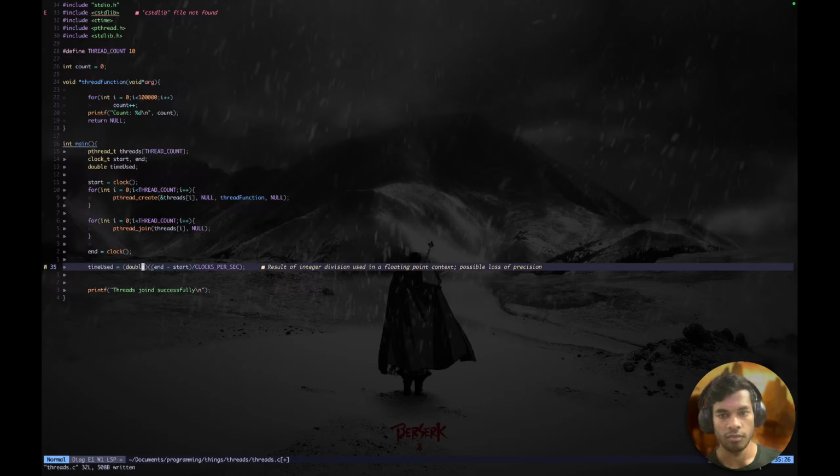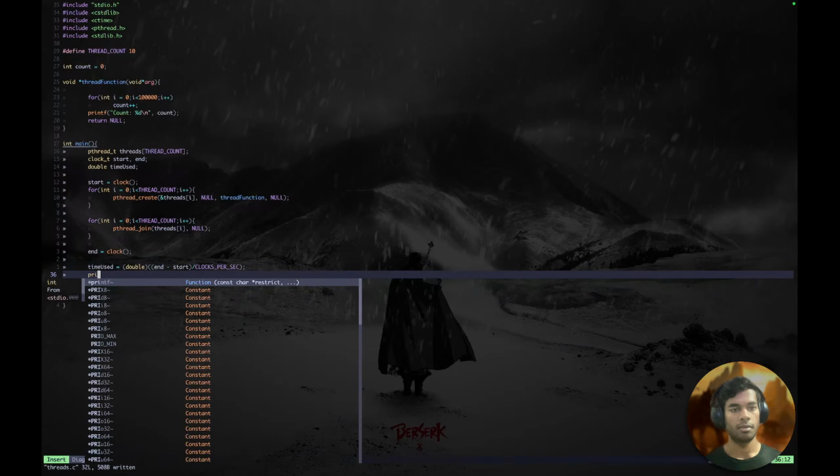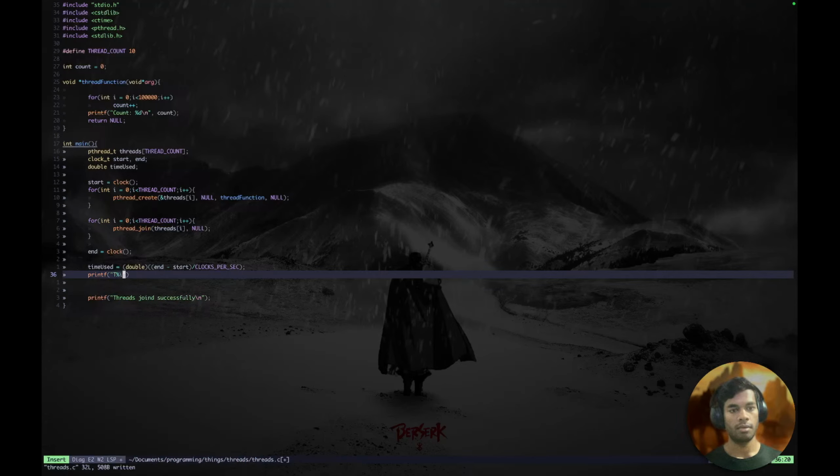The compiler says result of integer division, possible loss of precision. No, it is fine. And printf time used is